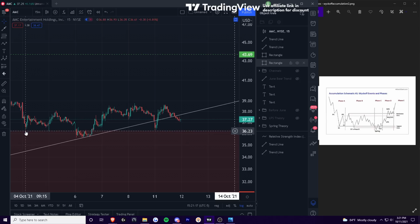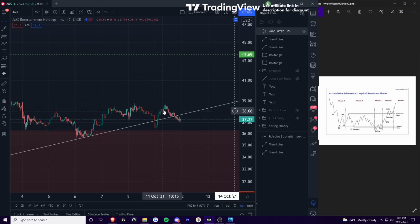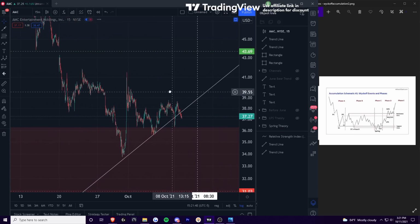You come down, sell climax, automatic reaction, sell test. Moving into phase B, you get this upward motion, sell test in phase B, come back up, retest the top of this liquidity zone in the short term. Perhaps this is your spring in phase C, and then a test and going into phase D, which would make it consistent with that